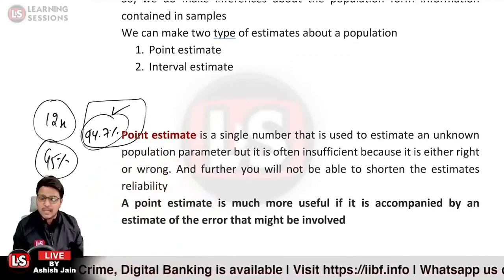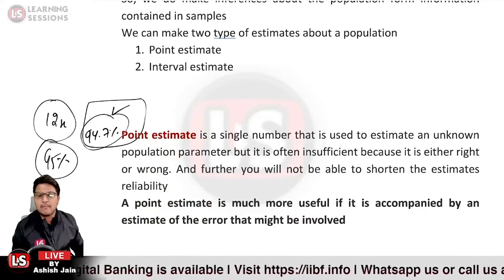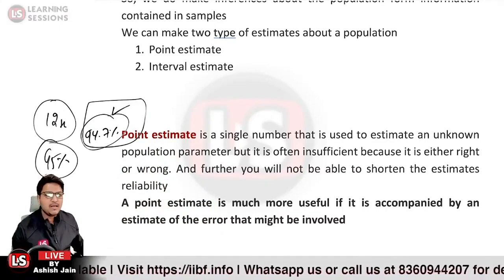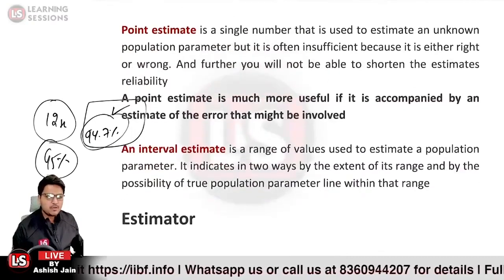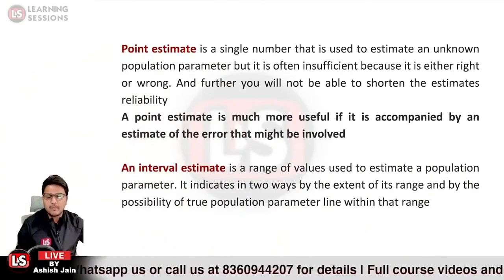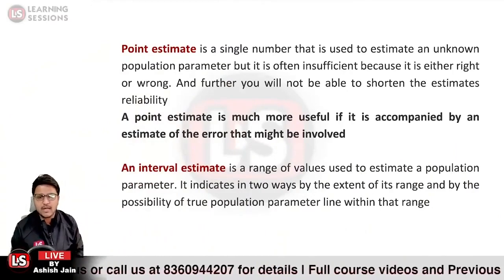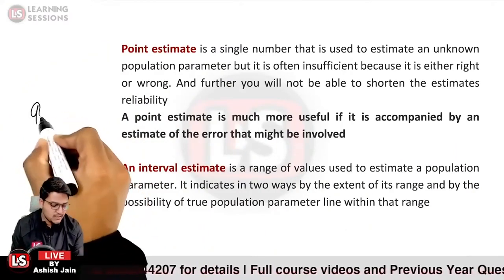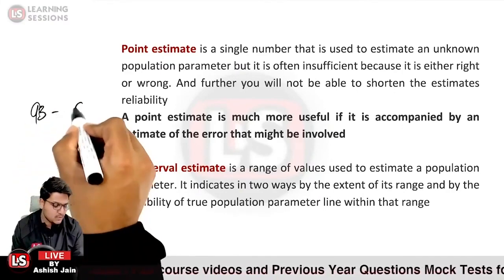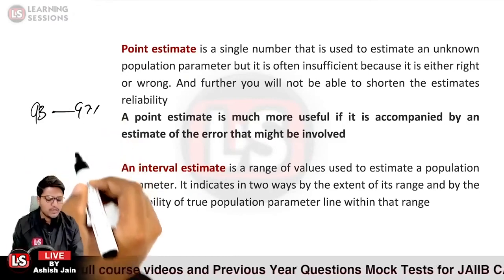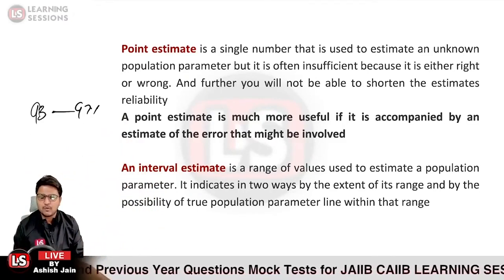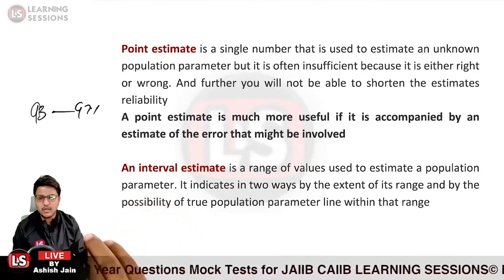So it would be much more helpful or useful if it is accompanied by the estimate of error itself. Is that clear? Next, it is related to interval estimate. I just told you that if we have a proper interval, so if we say that the result of the +2 class would be 93% to 97%, it's a window we are having over here that we estimated from the sample statistics related to the population